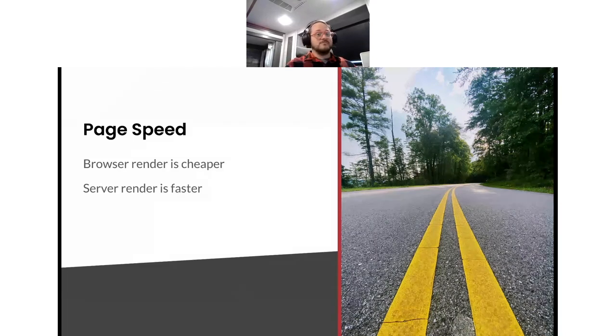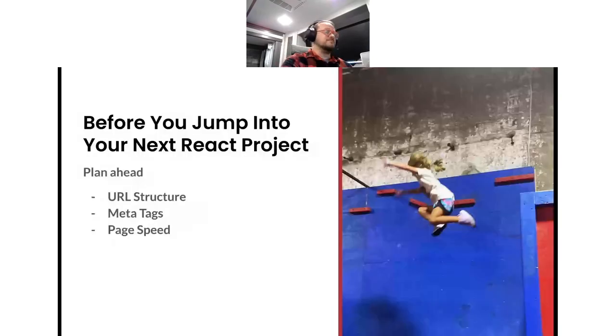Again, it has some cost to it, so you have to determine if it matters. If we go back to the idea of an insurance application that call center workers are using all day long, they're going to load the page once and then it's going to be there open the rest of the day. So that little bit of extra, couple of seconds at the beginning of their day isn't going to matter much. But if you are a blog and many of your users are only seeing one or two pages, every second counts. And if we're an e-commerce site, those quick load times can make the difference in very, very large amounts of revenue. So again, picking a good framework up front makes a big difference.